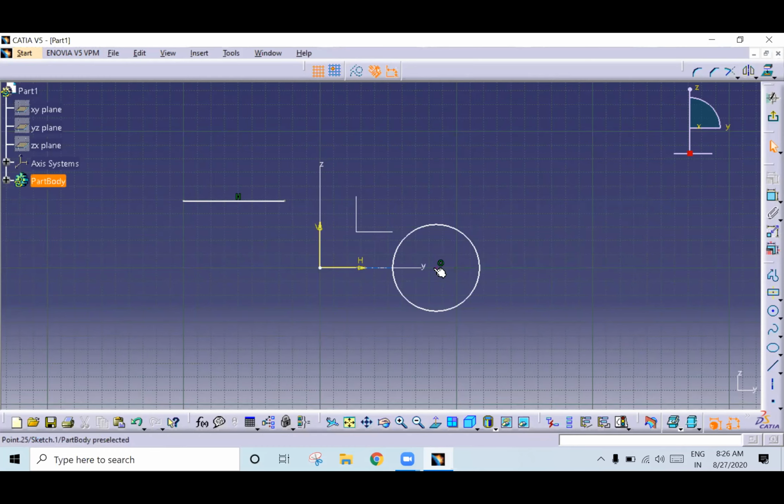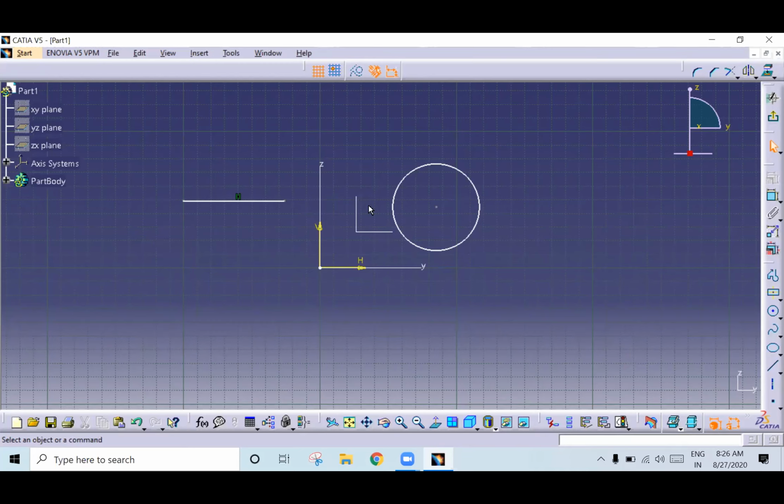See here, it is constrained with this axis. Got it? Once again, sir. So select the point, select the axis, right click, coincidence. Okay, sir. Again, if you want to coincide this line with this line, select two lines, right click, coincidence. Like this. Next,